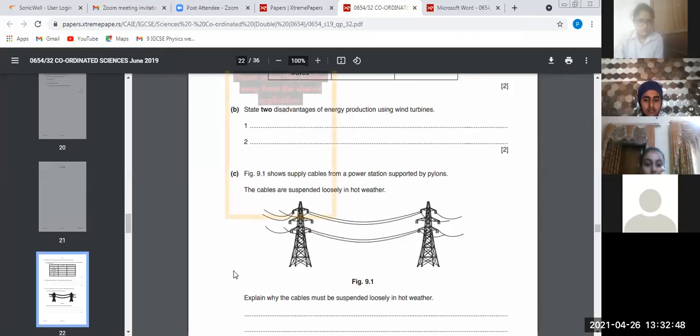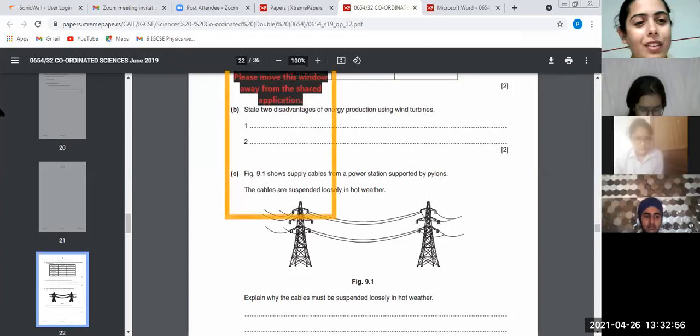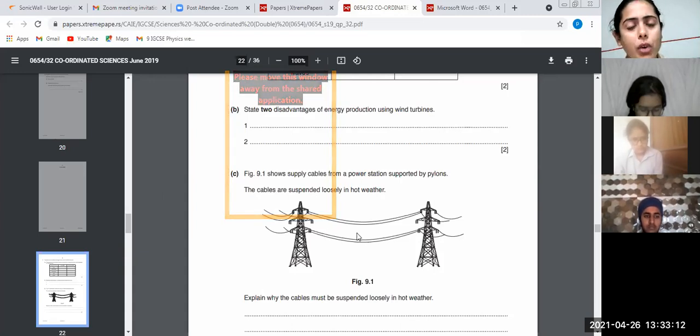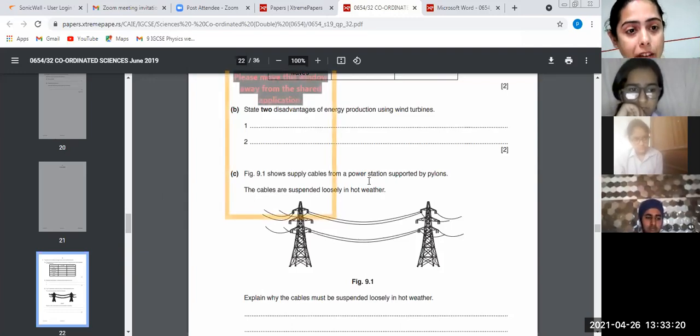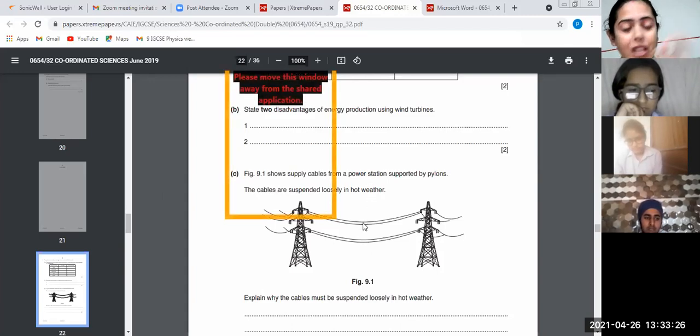Plus there can be a lot of noise. Plus, what Jasmine said: no blades, no production. If the blades don't function well, there will be no production of electricity. So you can write any of these. Fine, you will get the marks accordingly. Achha, some points are the same for all, like setup cost, maintenance cost, space requirement, but for some of the production, this space requirement is a very good thing.